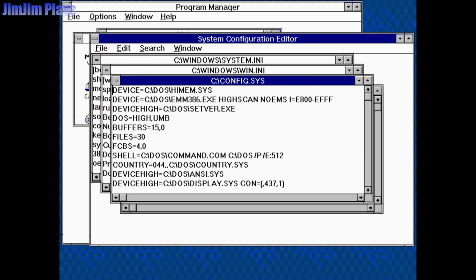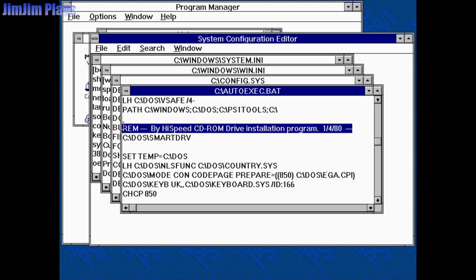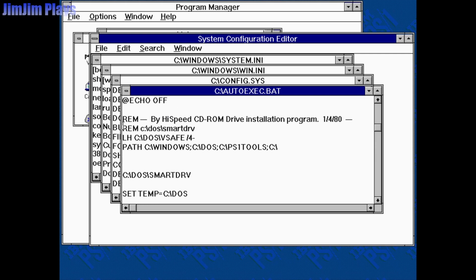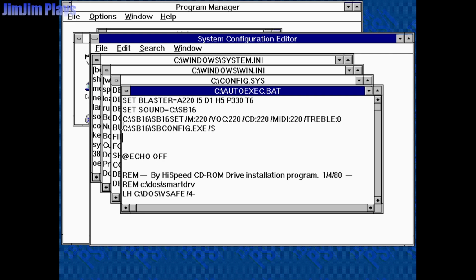And then we need to go to the autoexec.bat, which I believe is here, and run the MSCDEX command. Okay, let's get rid of that. That was from a failed attempt that I haven't videoed. Where should we put it? Let's put it here. We should really LH these, I think. Keep our base memory down. So LH C